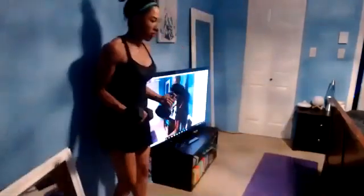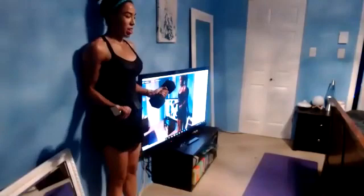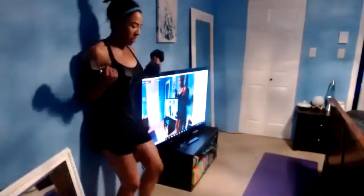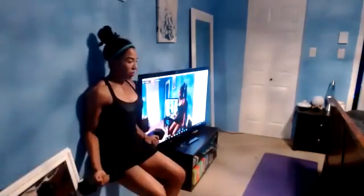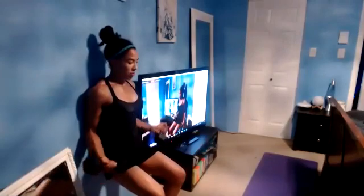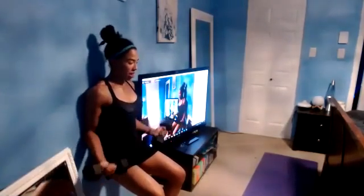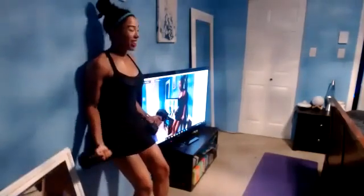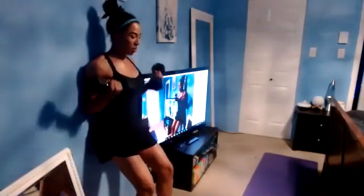Let's do some wall bicep curls. So being by the wall just doesn't allow us to cheat whatsoever. So standing nice and tall, elbows touching, you're going to go all the way down and all the way up. For an added challenge, you can do a wall sit for this one as well. But do what's right for you. 3, really squeeze those biceps as arms come up. 4,